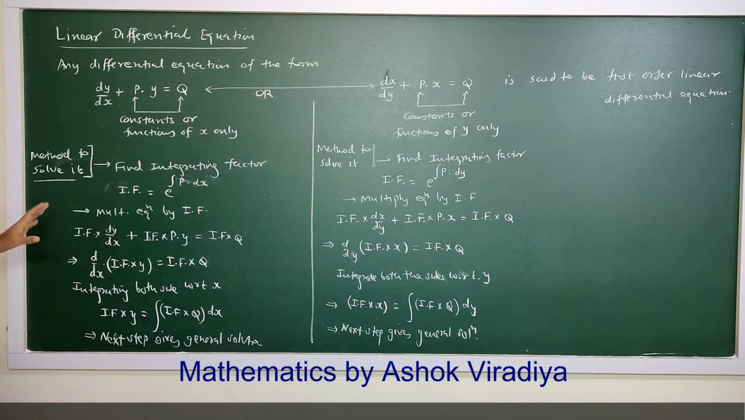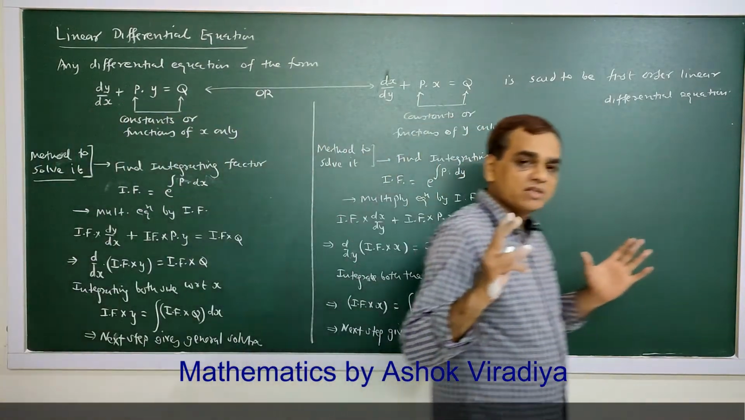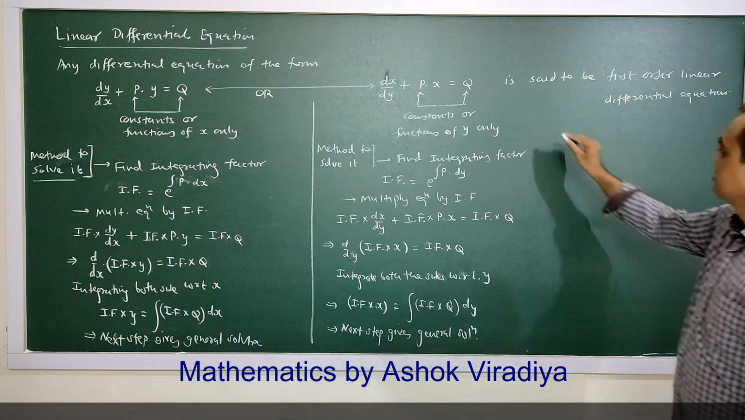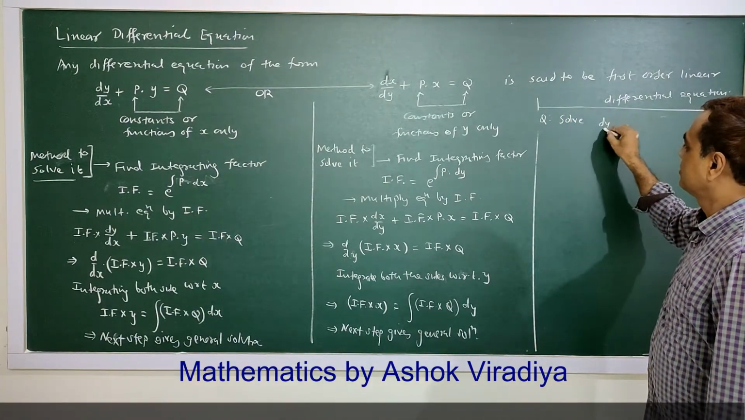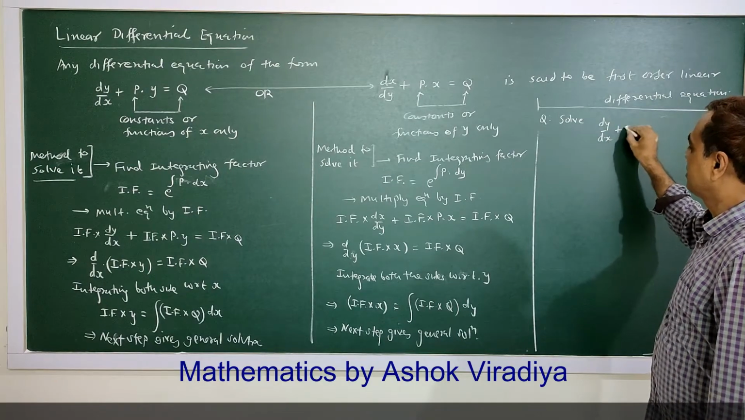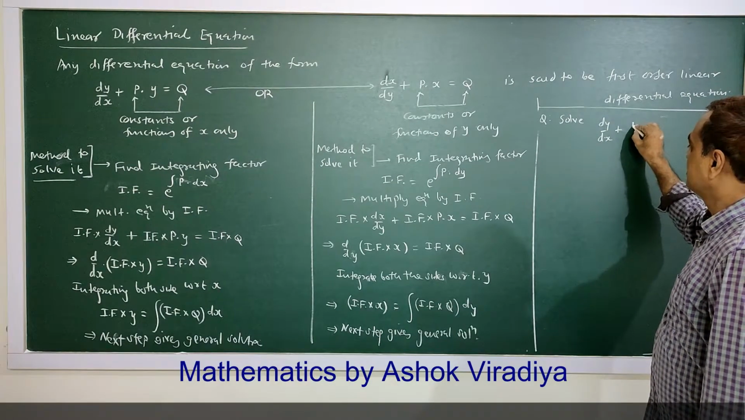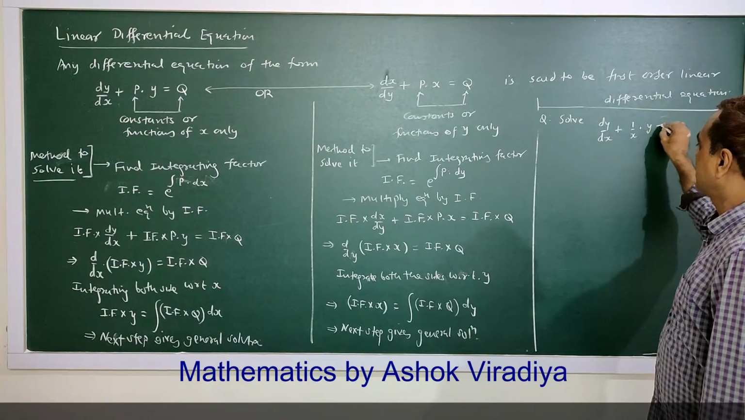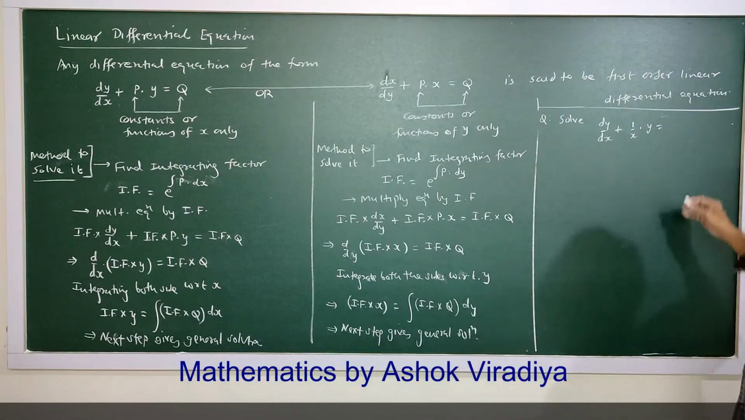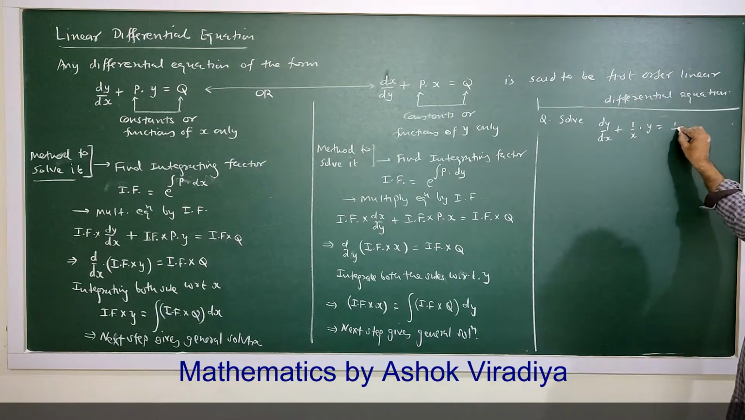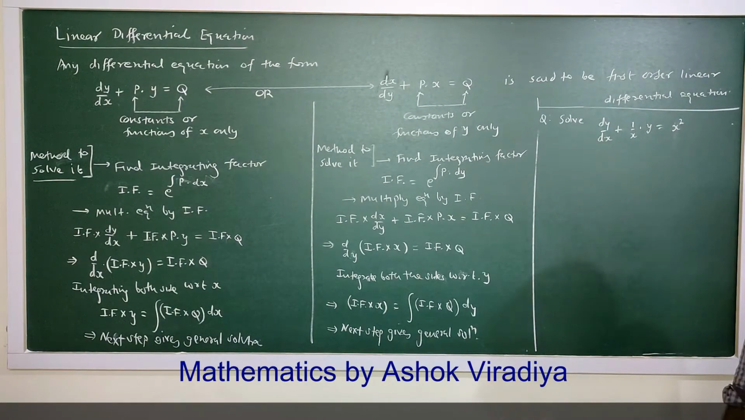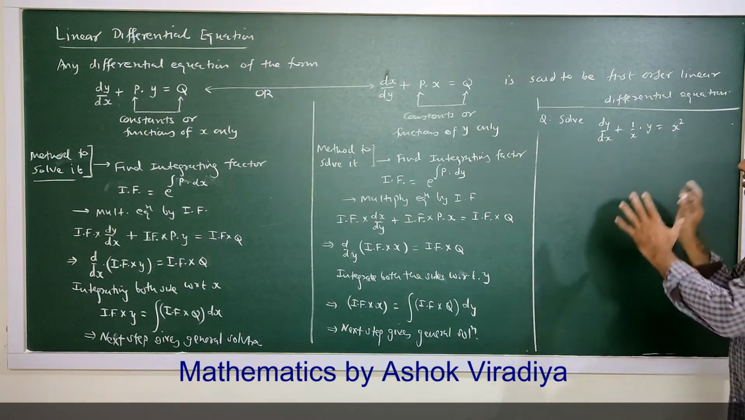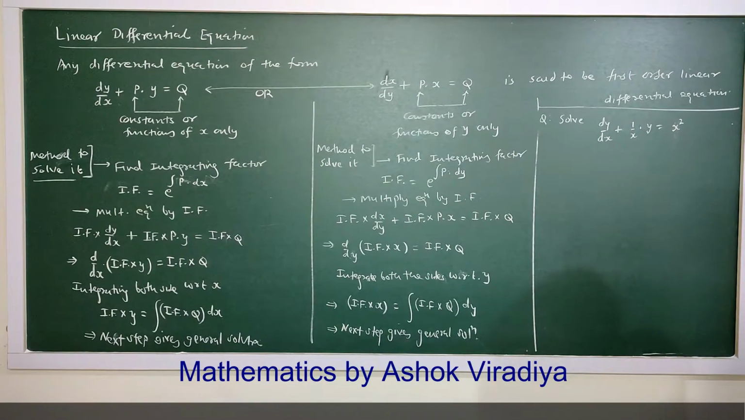Now to understand this procedure, suppose I am taking one question. Question is, solve dy by dx plus 1 upon x into y equal to, suppose here I am taking only x bar. Suppose this equation is given. Now see,